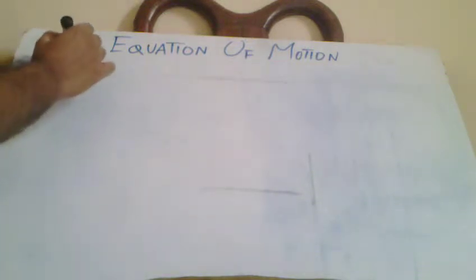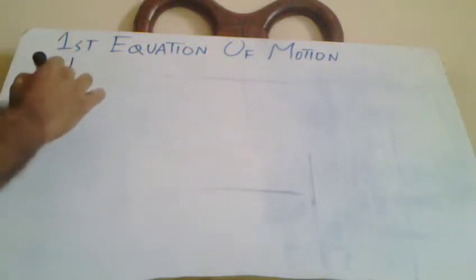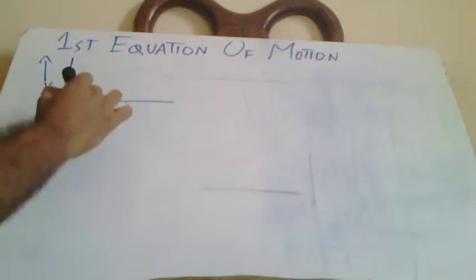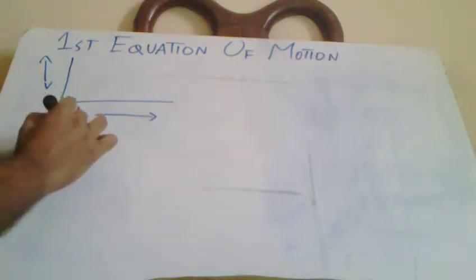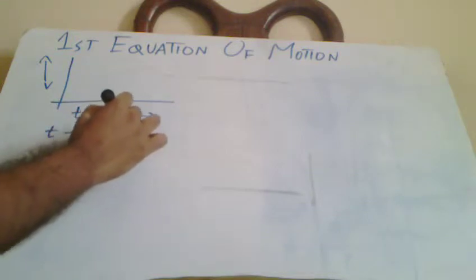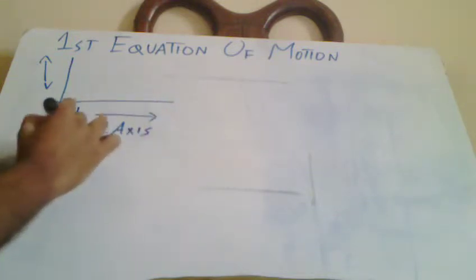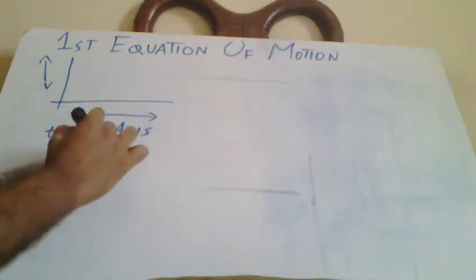Okay guys, I'm going to show you how we could derive the first equation of motion. For deriving the first equation of motion, we will consider a graph. As in our previous lecture we have already discussed, we are going to consider a velocity time graph. Now we have to consider time on the x-axis because time is an independent quantity